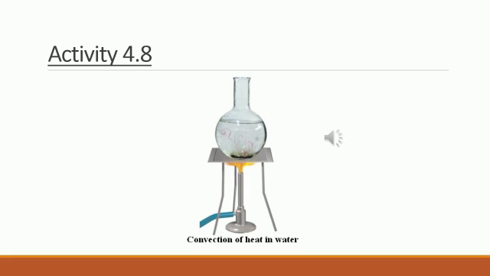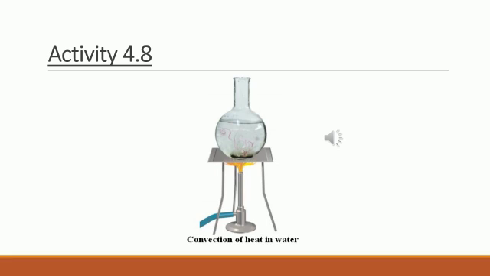You need to note down the observation in your notebook, and also draw a picture of what you observe. When water is heated, the water near the flame gets hot. The water which is exactly near the flame gets very hot, and the hot water will rise up. The cold water from the sides moves downwards. This water also gets hot and rises, and water from the sides moves down, and this process continues till the whole water gets heated.